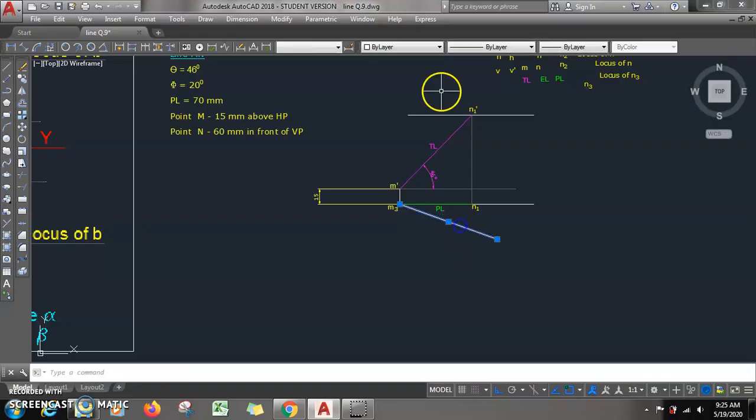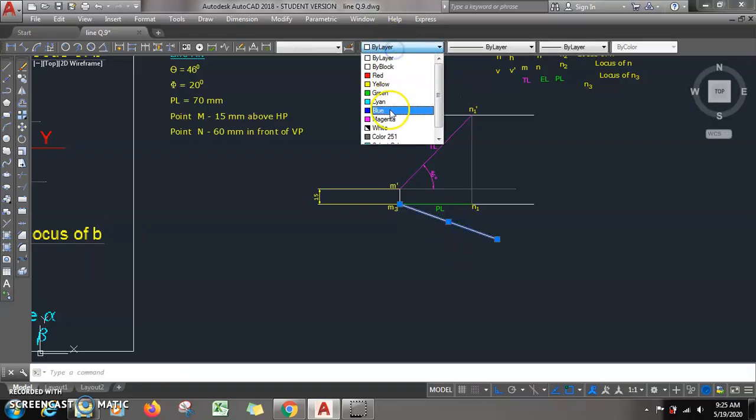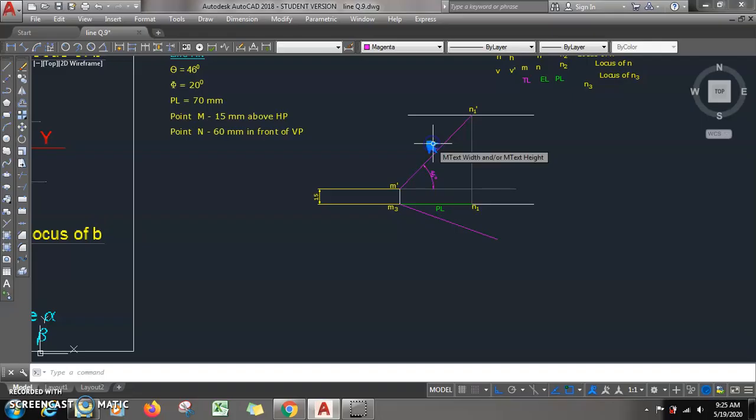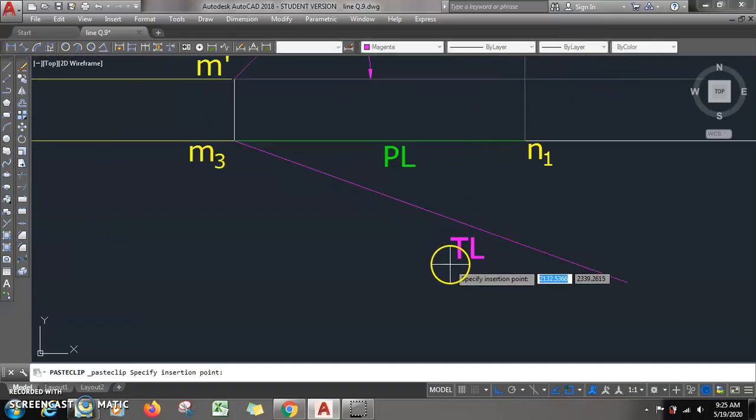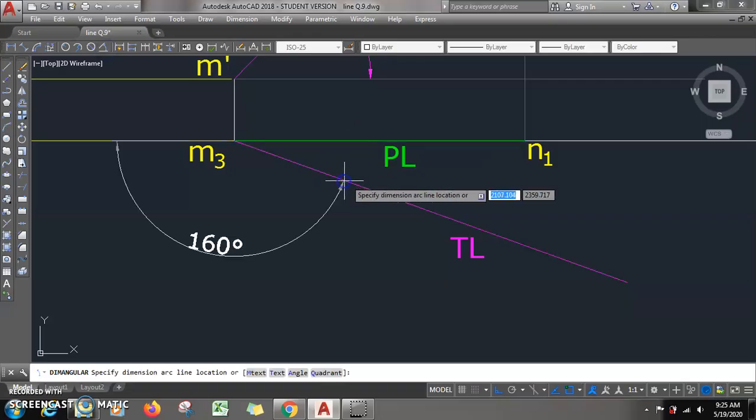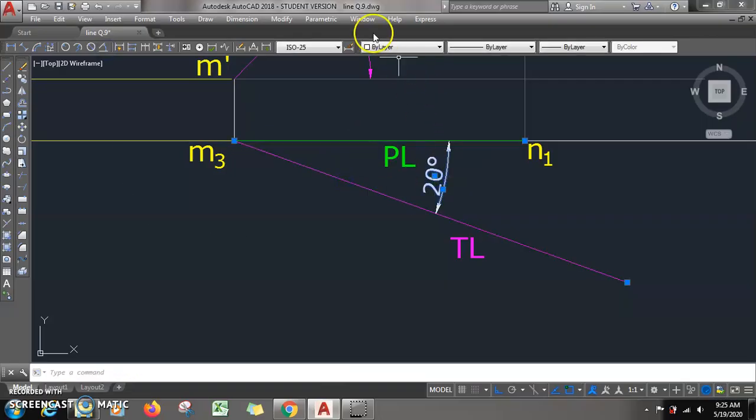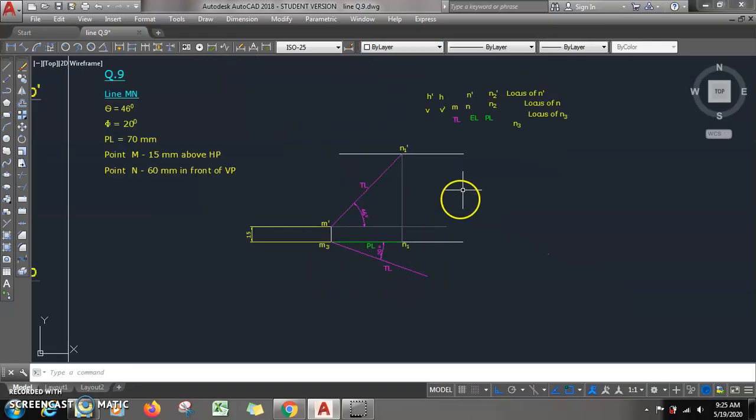ठीक है, तो ये length क्या है? This length is what? Simple, this length is 2 length, and angle of this length is what? Phi, which is 20 degree. ठीक है, so end point we are getting,